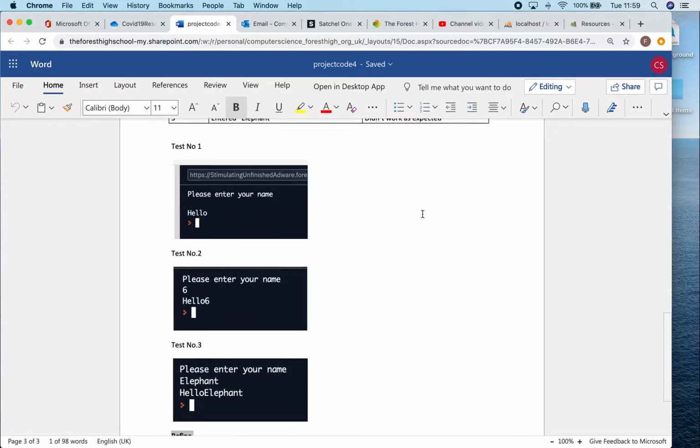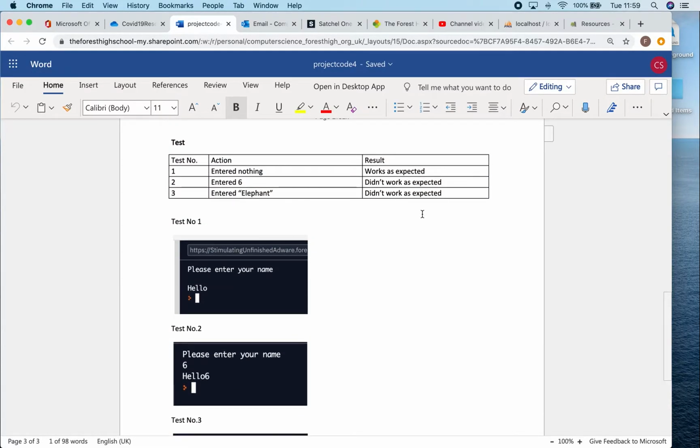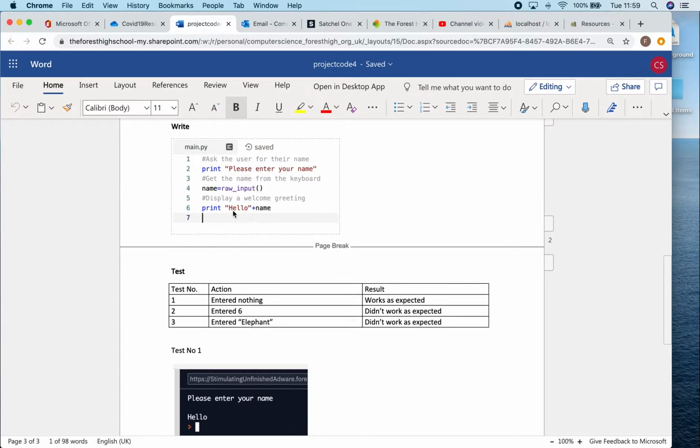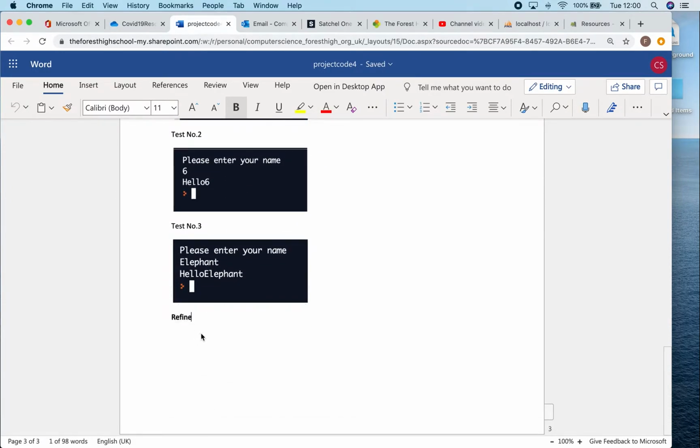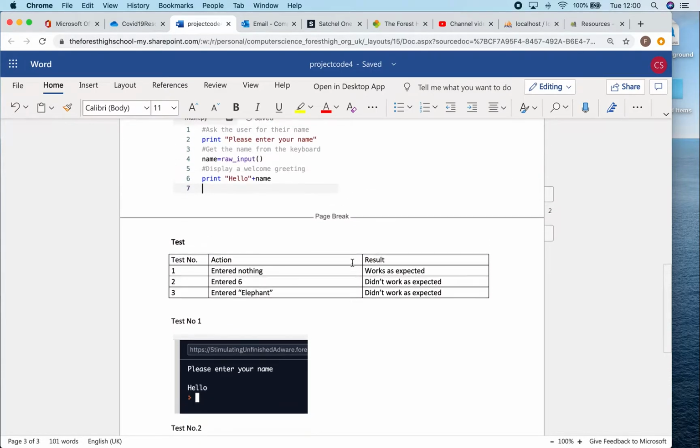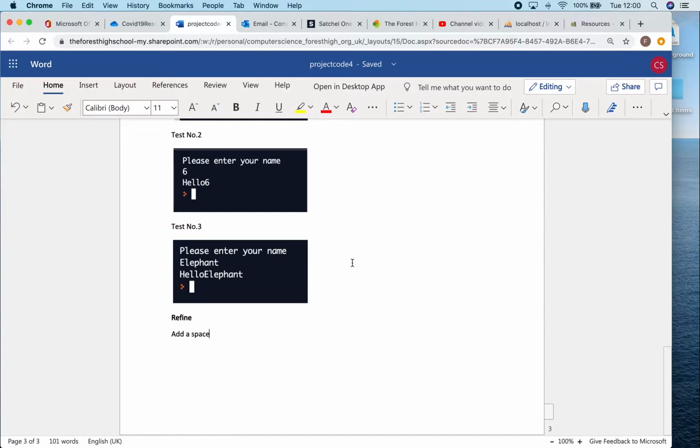So we're going to fix our program to make that work, and really we've only got one thing to do. The problem is in this line where we say print hello, then we end it with the quotes and just put the name afterwards. What we really need to do is to have a space after the O and before the quote marks. So what I'm going to do is explain in the refined section what I intend to do to fix my program. So I'm going to add a space to line 6